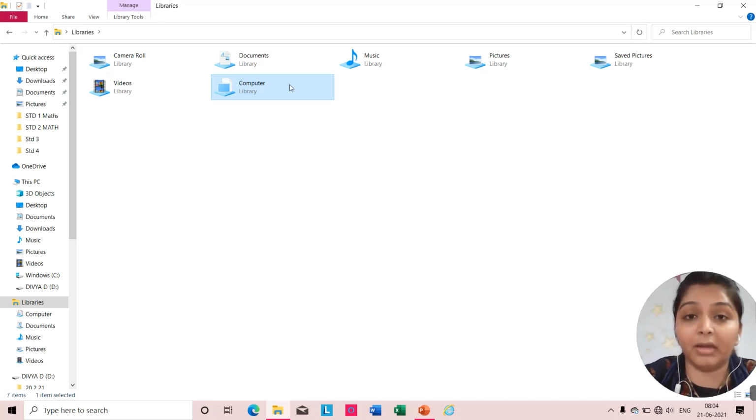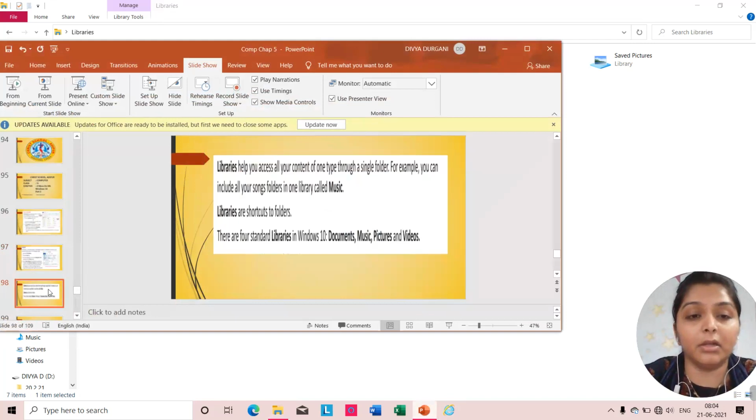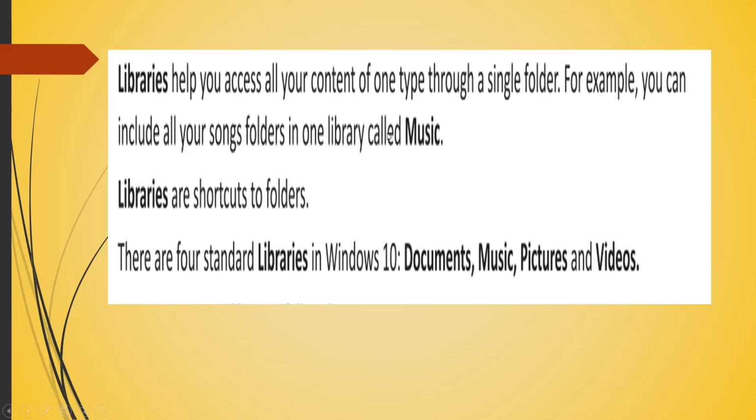Okay, ma'am will show you how to copy and paste it in our next video lesson. इस library में हम कैसे copy paste करेंगे PDF and worksheets, I will show you that as well. Now dear kids, let us see what our next topic is. Now library, yes, we have seen that it includes all your songs in one library called